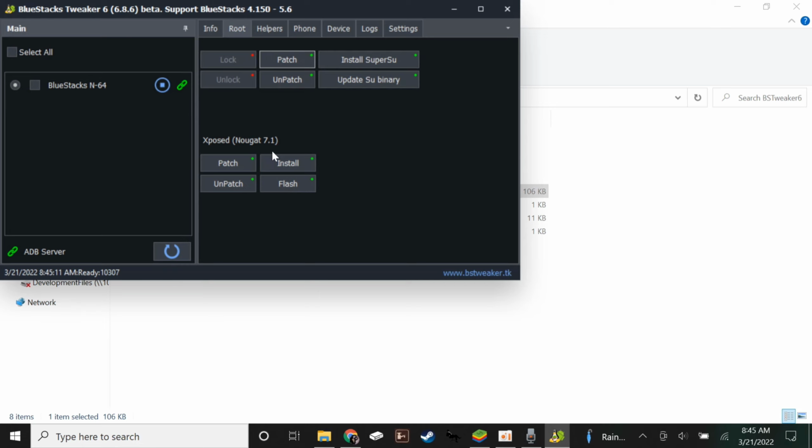So now once you have that, you're gonna wanna check on the BlueStacks you have installed. If you have multiple BlueStacks installed, then I don't know, push select all. Because I only have one version of BlueStacks installed. I don't have multiple versions installed. But yeah. So once